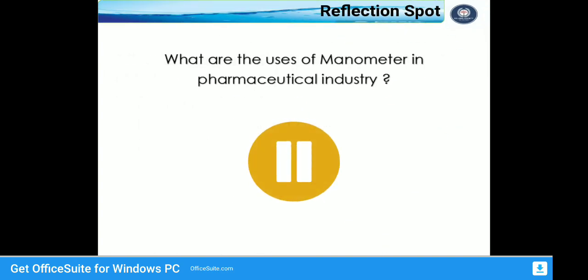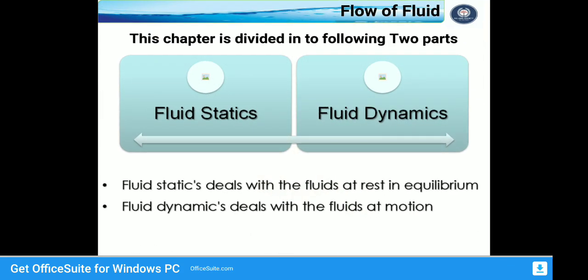So here is a time to think and reflect. Pause this video and write down the answer to the question: what are the uses of manometer in pharmaceutical industry? To find the answer to this question, we need to discuss this chapter